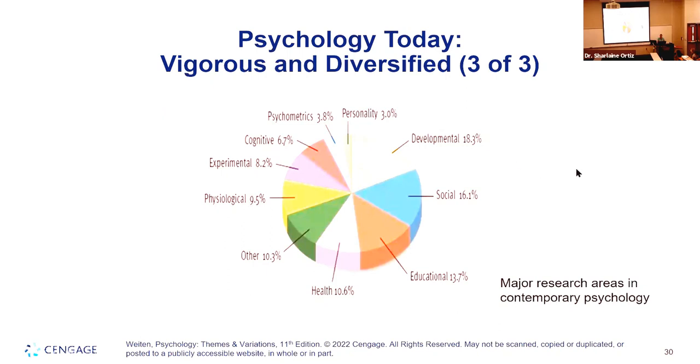All right. Now, there are many areas of interest, and we will discuss some of them today. So what areas of interest are we working on when it comes to psychology today? Well, the first one I would like to talk about is developmental psychology. As you can see, it's a big percentage, about 18% of persons work in this field. What is developmental psychology? Developmental psychology is looking at life throughout its development. We're looking at that lifespan since conception until you die, right?